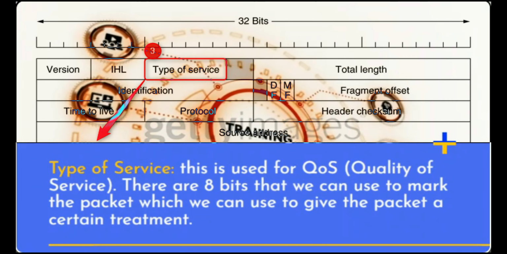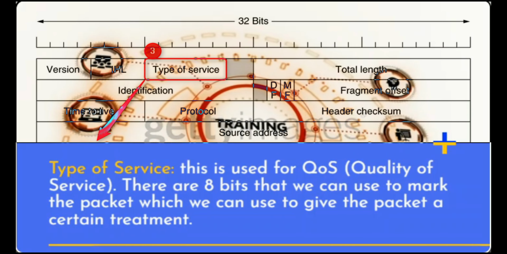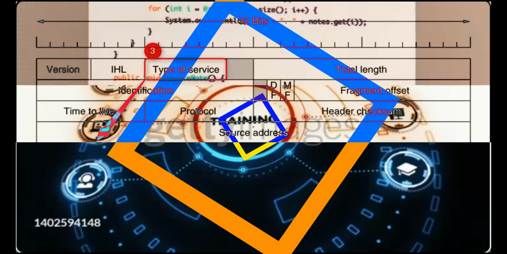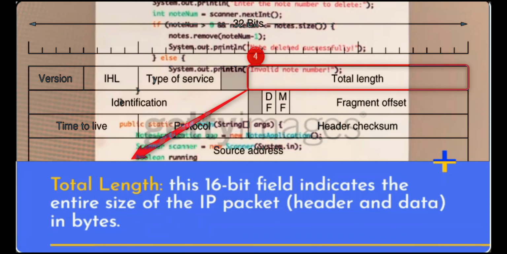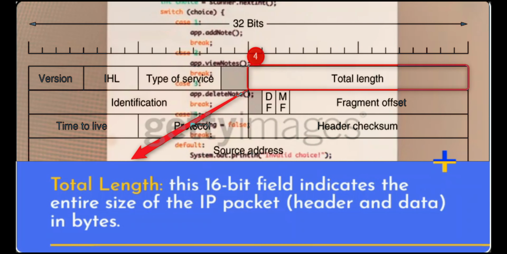Type of service: this is used for COS, quality of service. There are 8 bits that we can use to mark the packet, which we can use to give the packet a certain treatment. Total length: this 16-bit field indicates the entire size of the IP packet, header and data, in